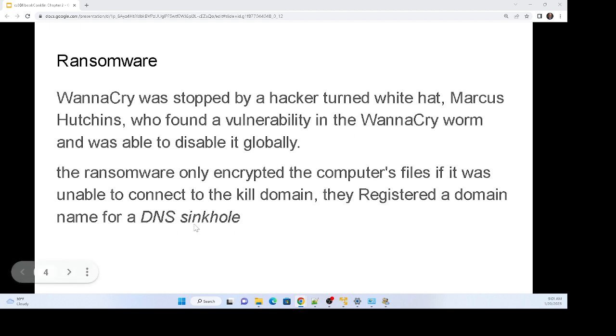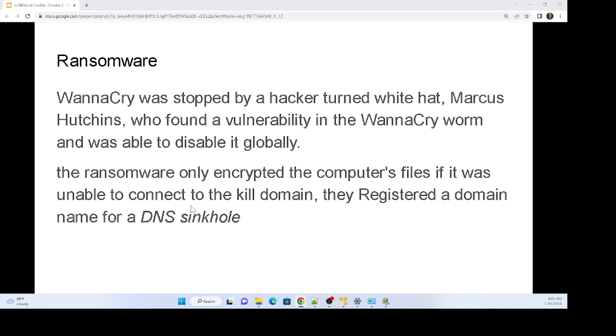This was a way to keep the virus from running in the first place. Until then, they had the scanning of it to keep it from even getting to the computer. So they basically found the kill switch for this particular one. I haven't heard that happening with many other ransomware software, that they actually found the